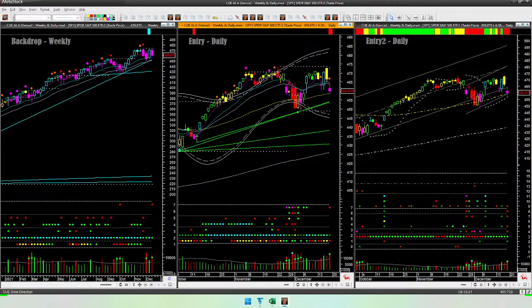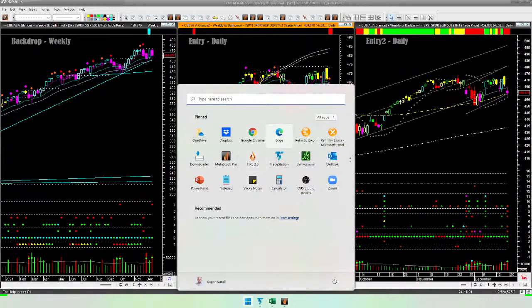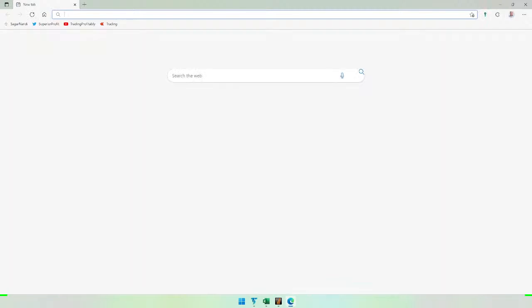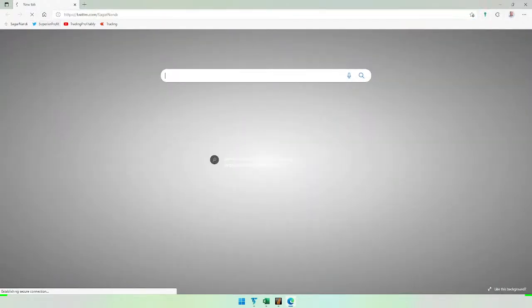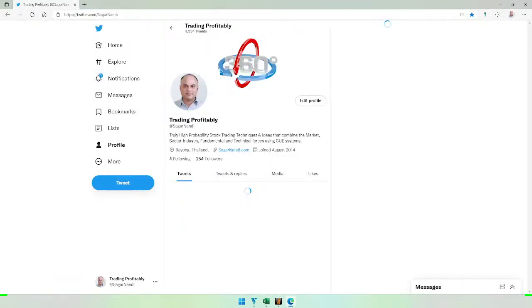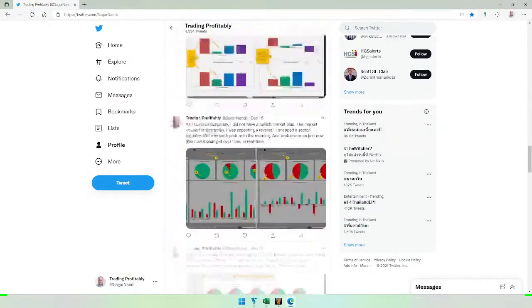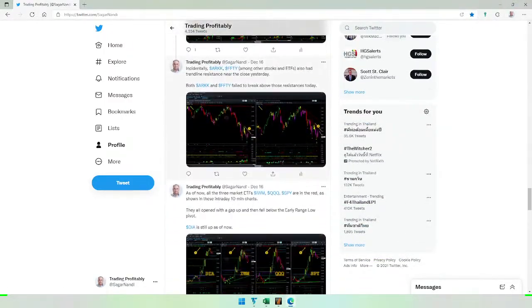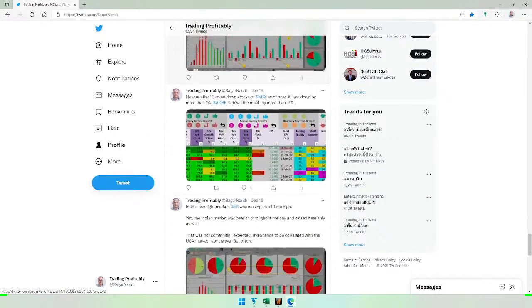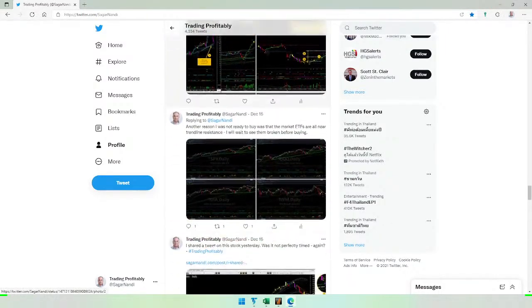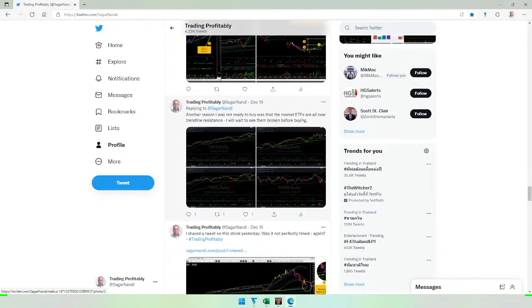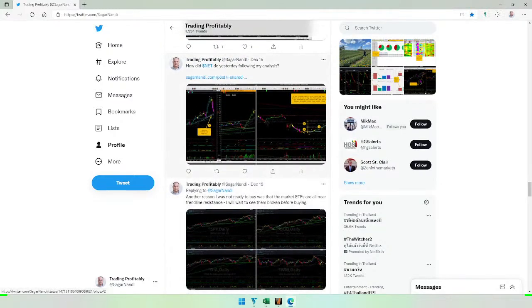Okay, now that trendline resistance is broken, so what we may do, let me see, it's useful to look back. If I can locate it on Twitter, yes,